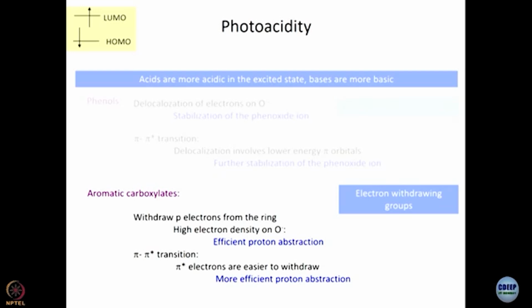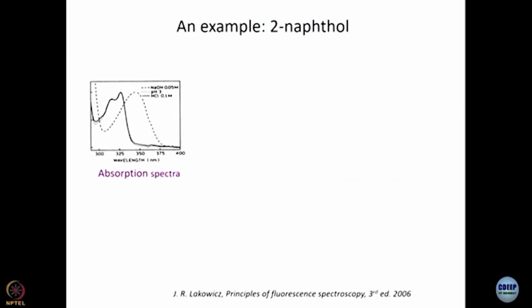Now I have proposed something, but there is no reason for you to believe what I am saying unless I show you some experimental proof, and here we are showing you an experimental proof. This discussion is available in Lakowicz's Principles of Fluorescence Spectroscopy book. What I am showing you here are absorption spectra of beta naphthol at different acidities. The first one, this black line, denotes the absorption spectrum of beta naphthol in 0.1 molar HCl, very strongly